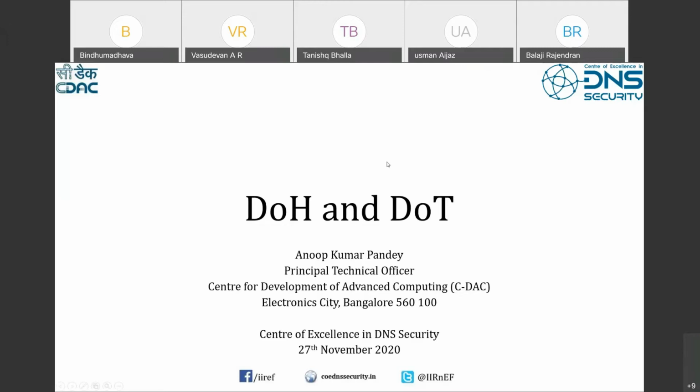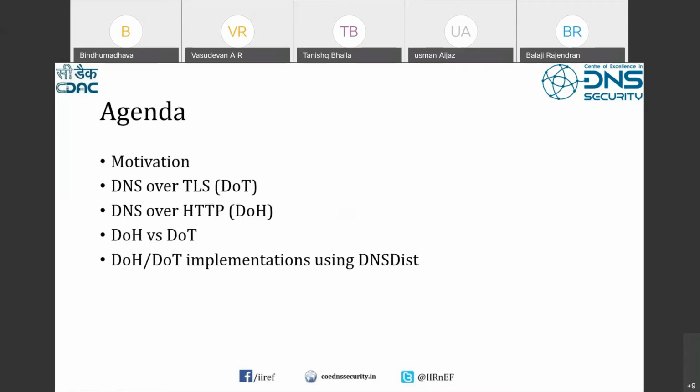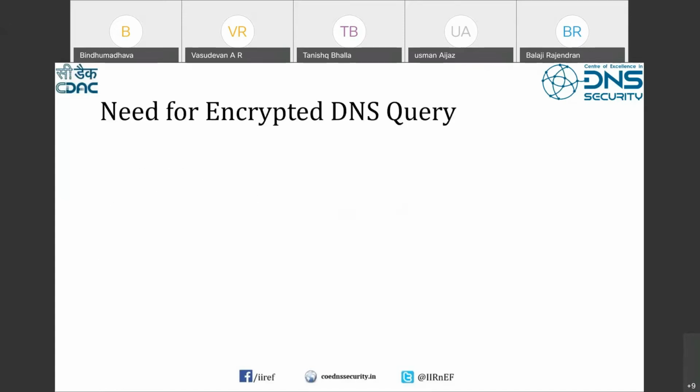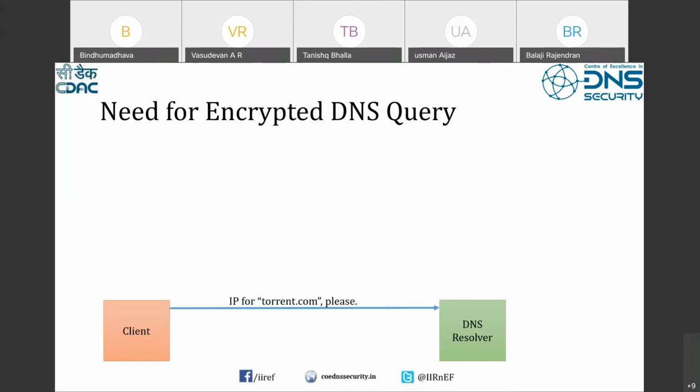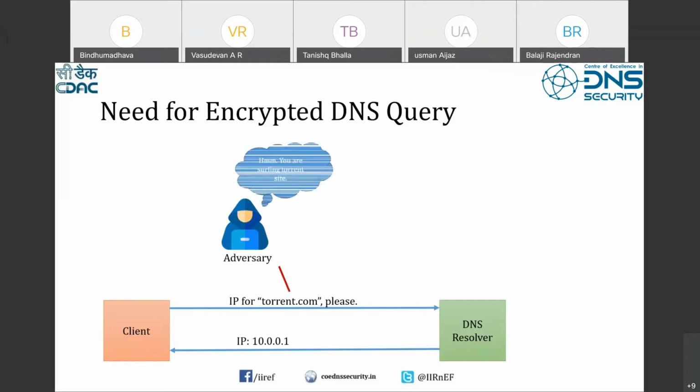So let us start. Suppose there is a client and a DNS resolver. So we already know that whatever queries we send, that query is in plain text format in UDP. So whatever request I am sending and whatever response I am getting, if any third party in the middle can see this, and of course he can know your